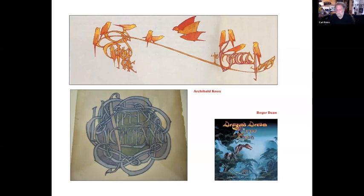So the connection here I want to make to the 60s is Roger Dean, who did all those Yes album covers, those British art rock bands from the mid 70s. Roger Dean was the one who did the lettering. And Dean has gone on record as saying that he was totally influenced by Rick Griffin, one of the San Francisco artists we're going to be talking about in a minute. But I've always seen a connection between his more organic style lettering and